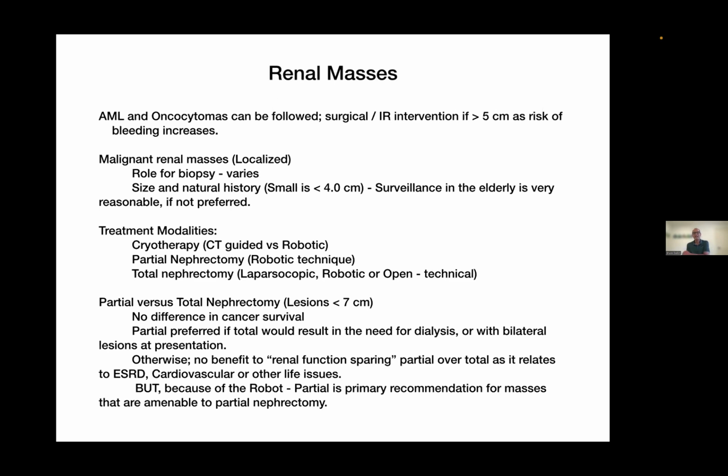But because the technique of partial nephrectomy with a robot has become so standard, most people are having partial nephrectomies unless it's too hard a lesion to do that way, or they have lesions in both kidneys. They might get 2 partials or 1 total and 1 partial. So there's some variables in play there. But don't be surprised if someone